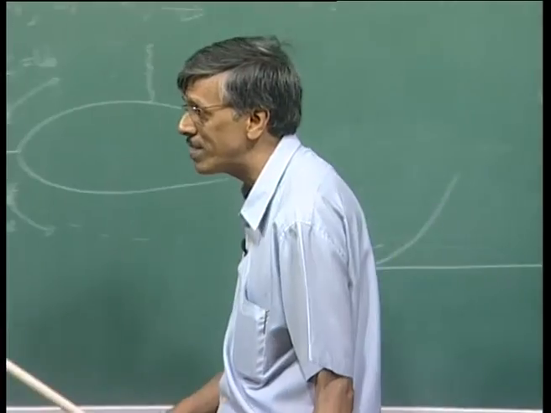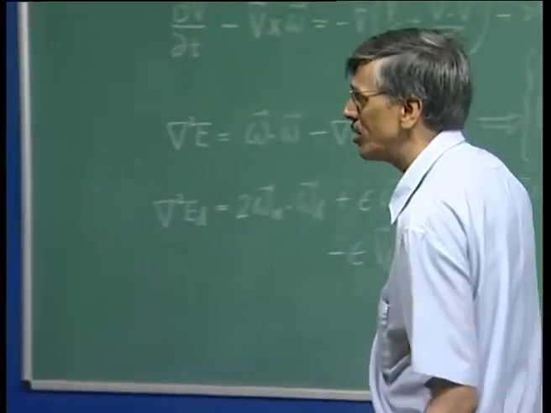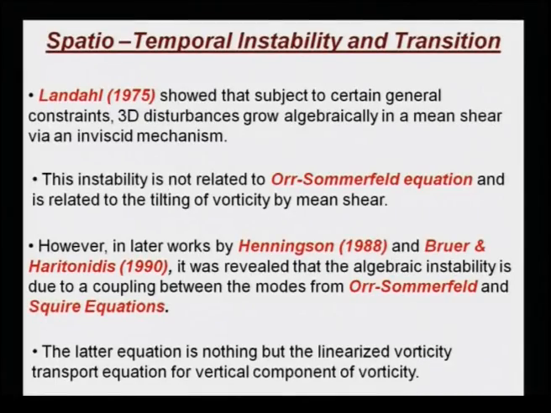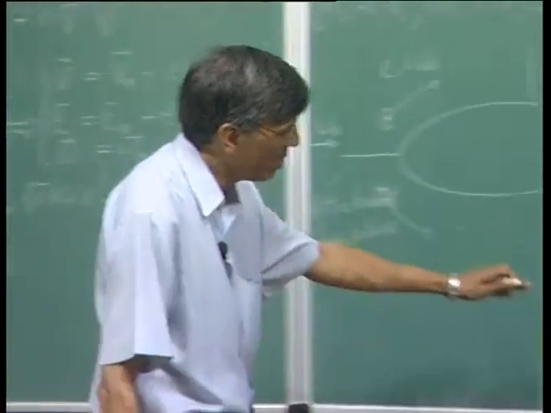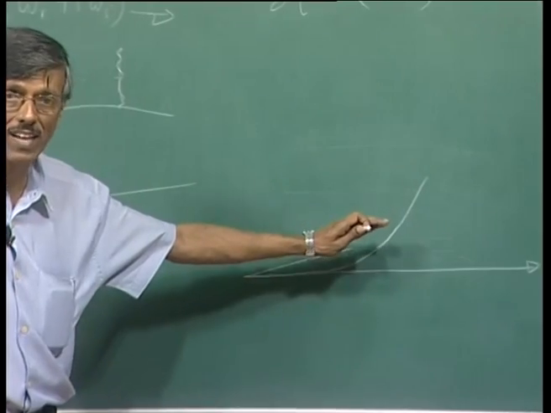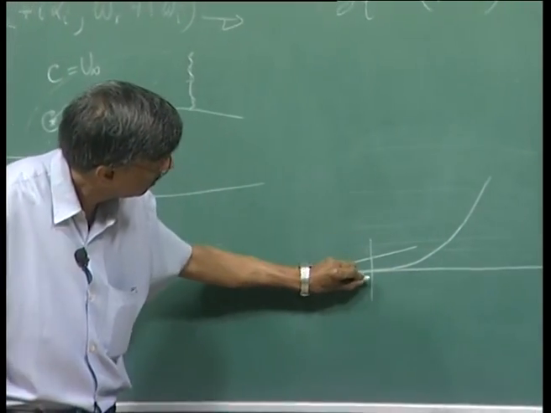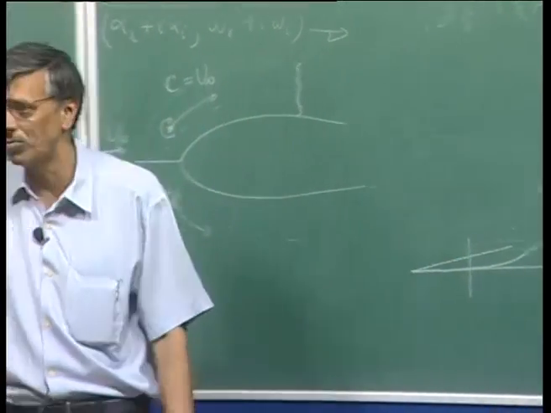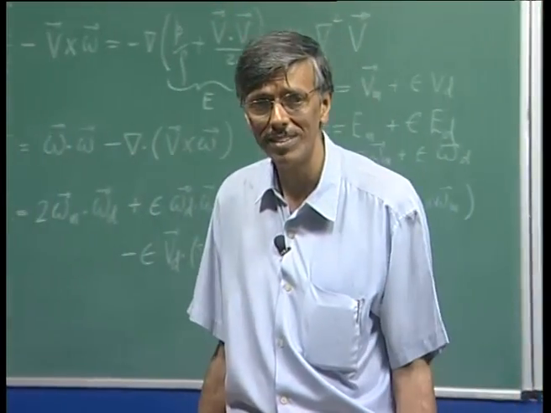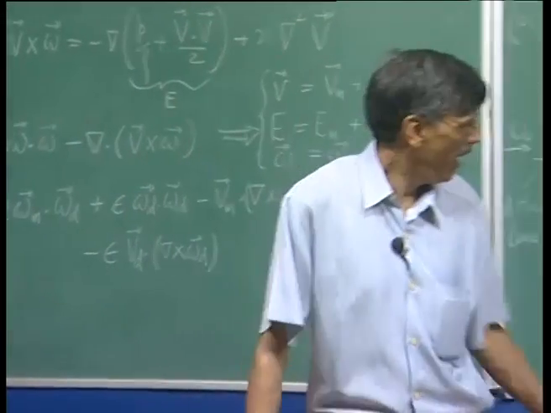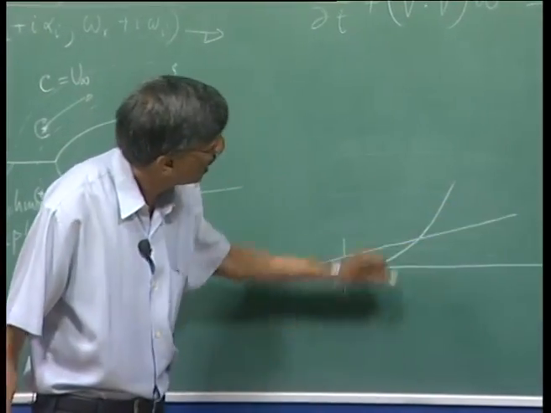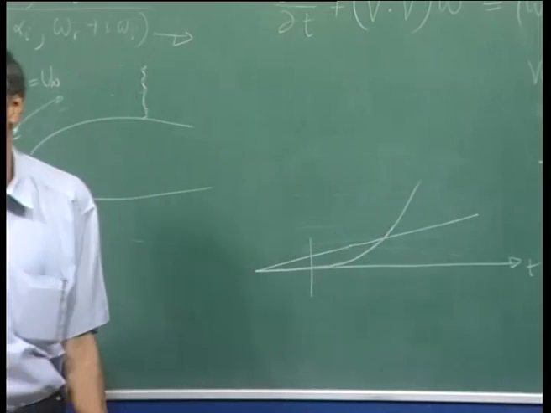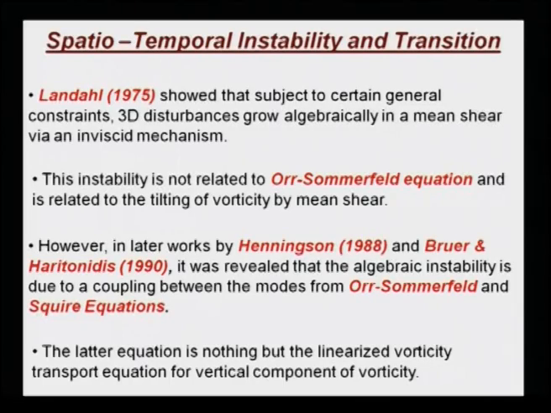So, Landahl was probing with the idea that in the initial phase you could have an algebraic growth, and that could take your disturbance to a significantly higher level. For example, here the distinction between the two could be 1000-fold or 10,000-fold, right? Whereas, at a later time, of course, if this persists, the exponential growth overtakes it. Okay. So, this is something that was